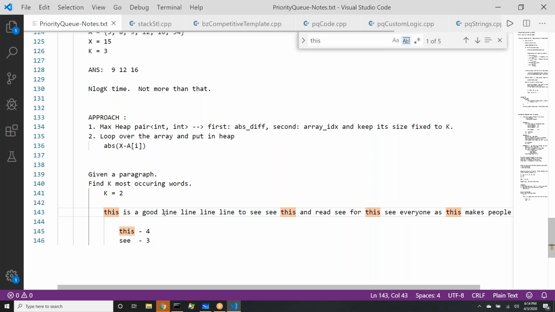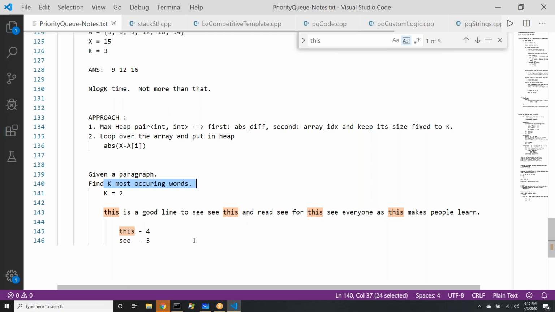So there will be some distinction given, based on which you can refine the comparison logic of your heap. For now, I'm making the constraints relaxed. I can put a constraint that none of the words will have the same frequency. If I put a constraint like that, let's see how we apply a heap to this.